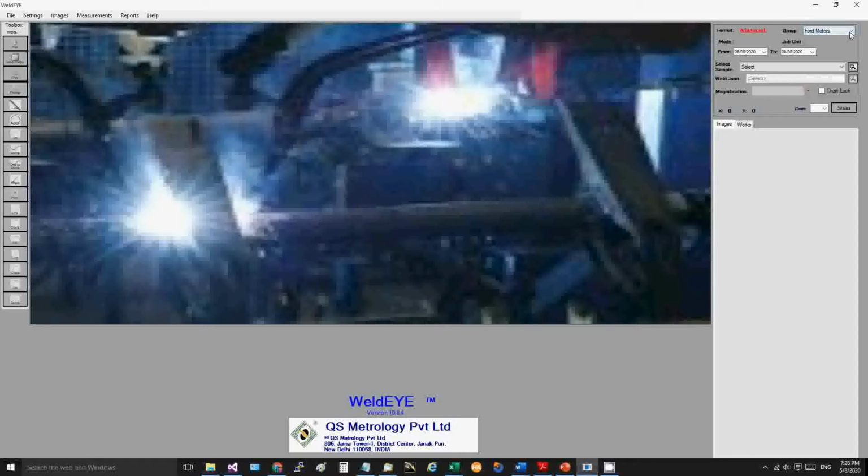When he generates a report, depending on the format we have set for this group, the system will generate the report as per that format. That's the only difference. Other than that, the measurement process, the navigation, everything is the same. The system automatically selects the appropriate master data and applies it in the background. The user doesn't need to manually select anything. That's one advantage as well as a very unique feature of WellDye. You cannot find this feature in any of the competitive systems.